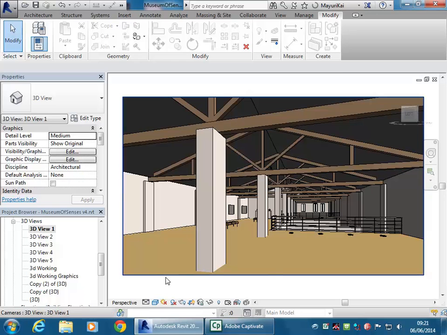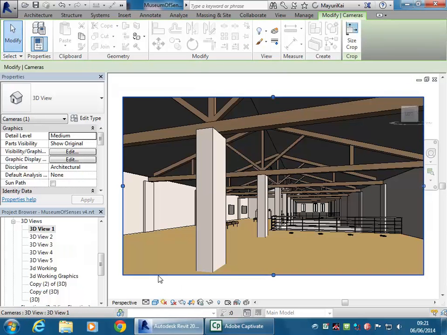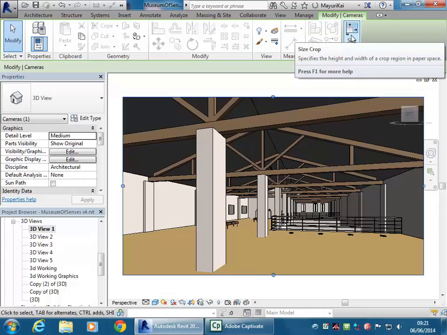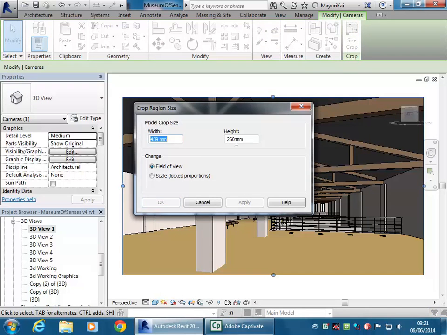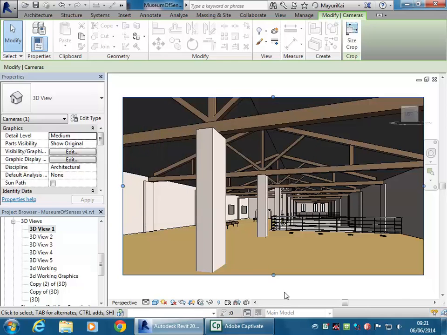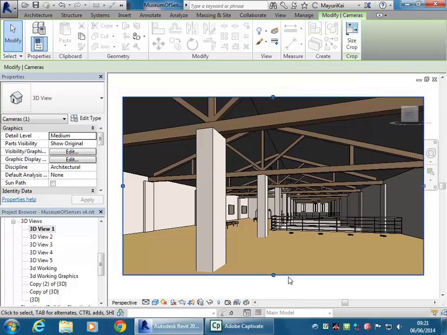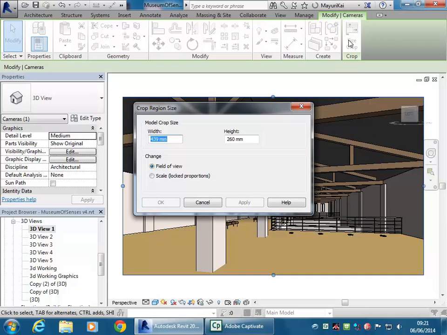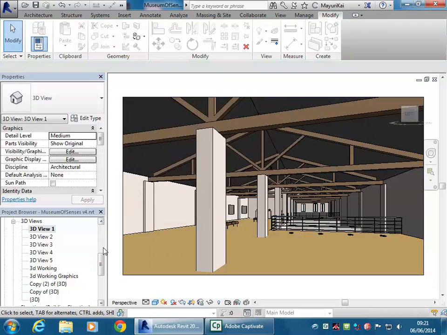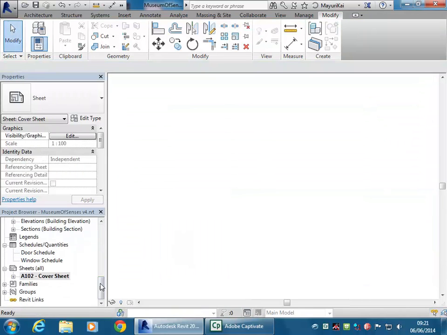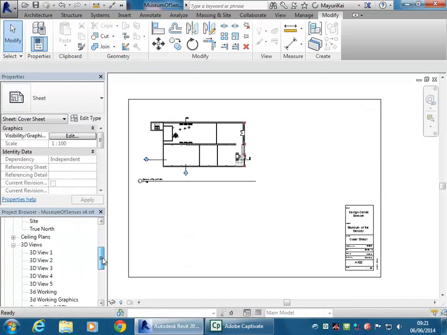And so you set the size of those quite differently when you click on the border. If you go to size crop. Okay, so there might be a few new things if you haven't done much of this. This is, again, one of those important things that's easy to miss with Revit. You need to be able to set the size of your perspective views that way, and you can do it like I've been showing you using size crop on the sheet. But I'm just going to go onto the page and drag that same perspective